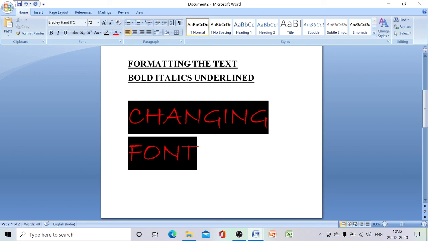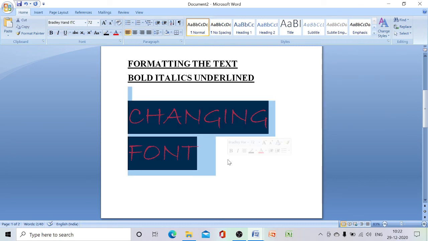Okay, so let us see here, in MS Word we have 4 alignments. This one is align text to the left, align text to the center, align text to the right, align text to justify. To make this alignment we have to select the text first and then click.